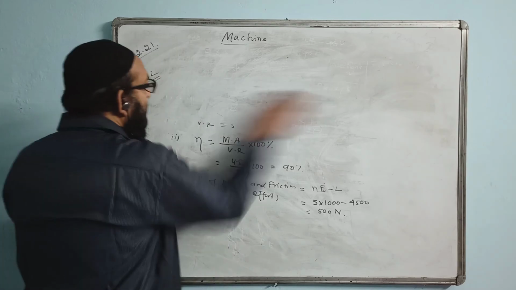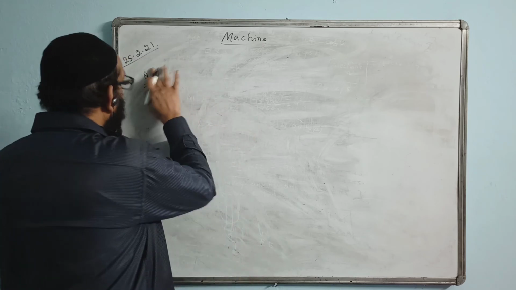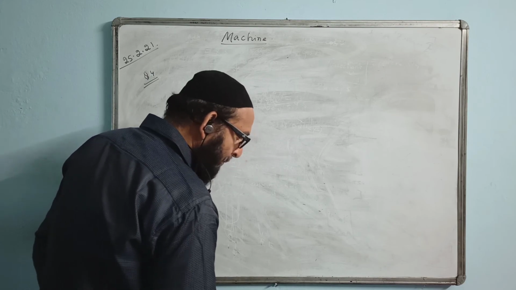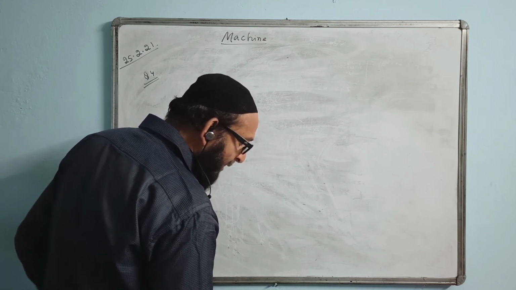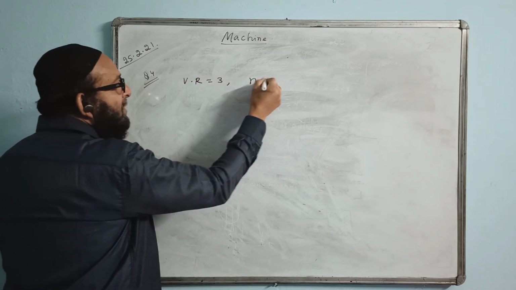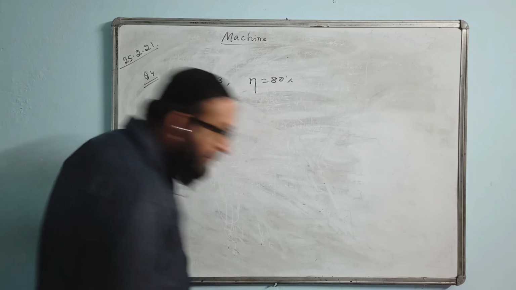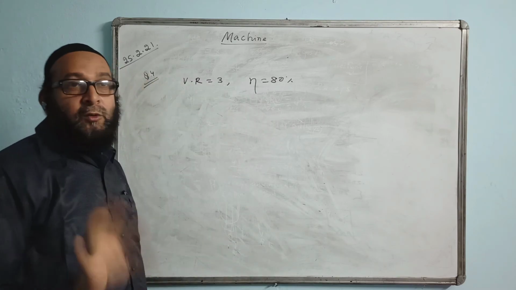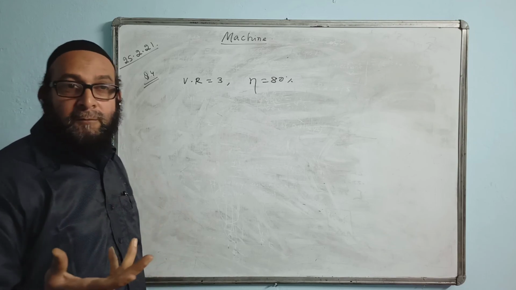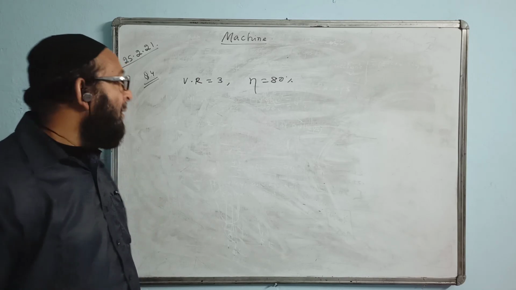Then the next question I did was this one, question number 4, as per your notes. A pulley system has a velocity ratio 3 and efficiency of 80%. They are asking to draw a labelled diagram of this pulley system. You know the labelled diagram, 3 pulleys, so there is no confusion, only one possibility. If they say draw velocity ratio 4, then they will clarify effort in downward direction or effort in upward direction. That they will clarify in the question.